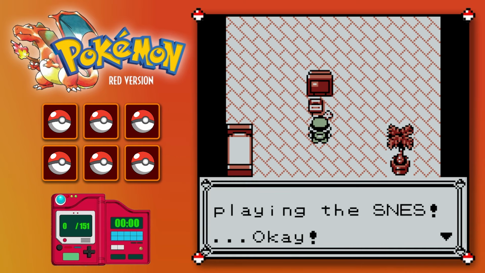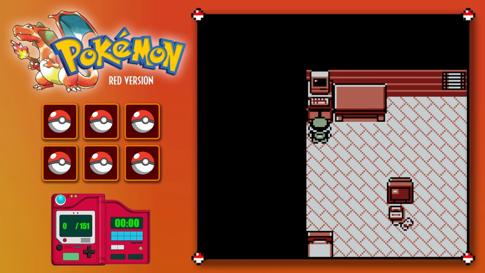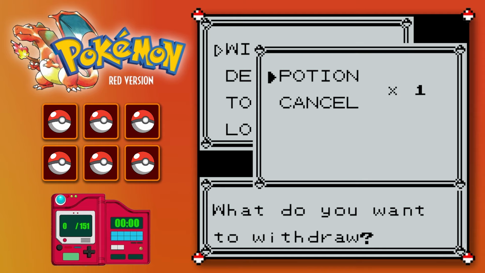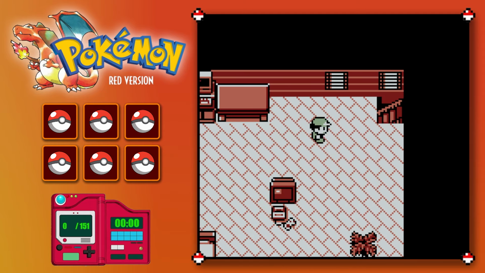Ren is playing the SNES. Okay, it's time to go. Super Nintendo. Here in the corner there's a PC. So I turn on the PC and there is a potion in here which heals 20 HP. So it's good to pick this up. That way you're already starting with an item. Well, let me go downstairs